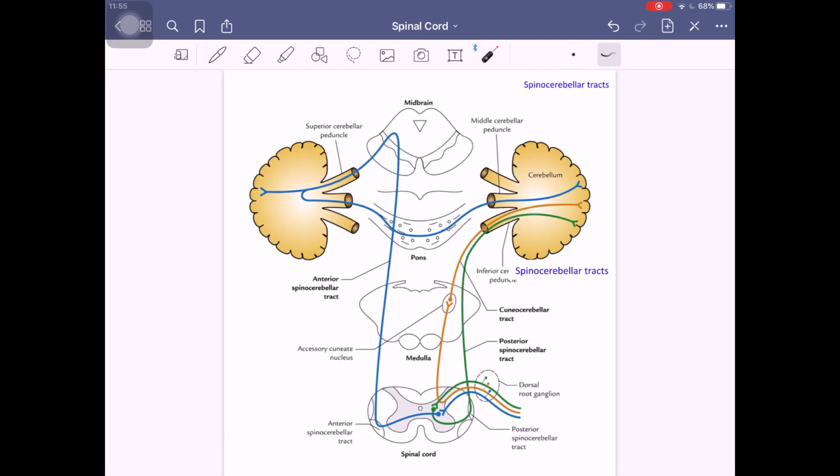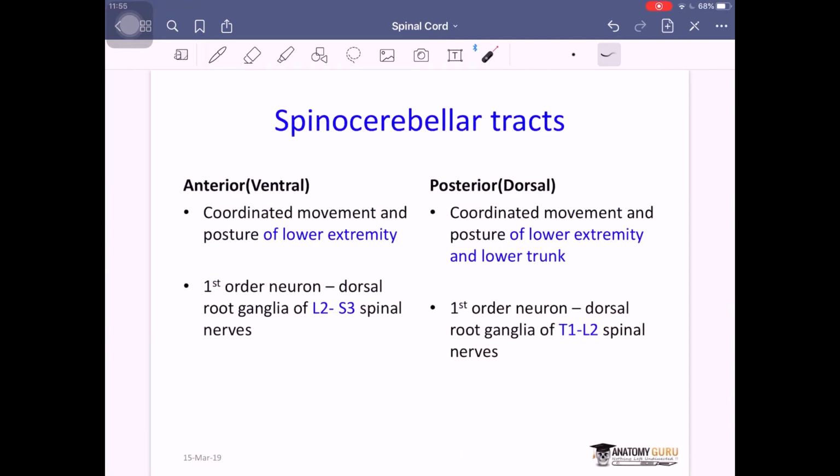So again here also you can see, in this case first we look at our anterior. So anterior one and the posterior. So let us see anterior and posterior. So you can see here anterior is here, blue color, comes all the way, goes here via your medulla oblongata, pons, and